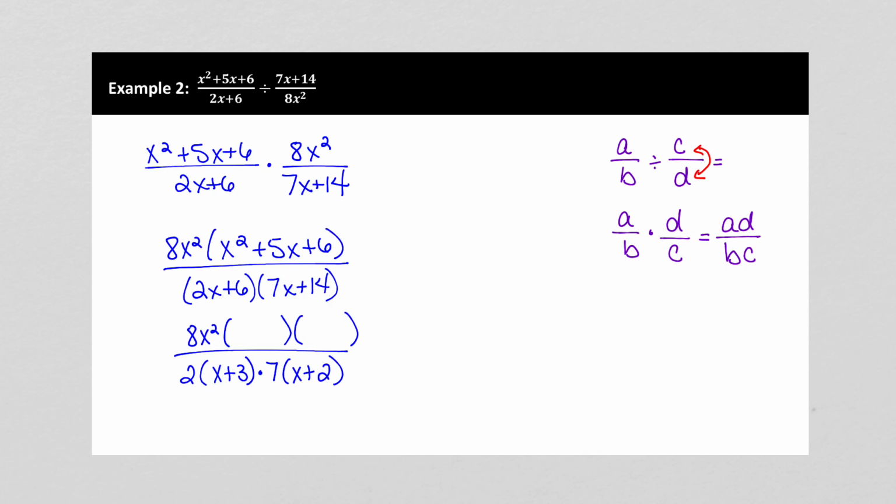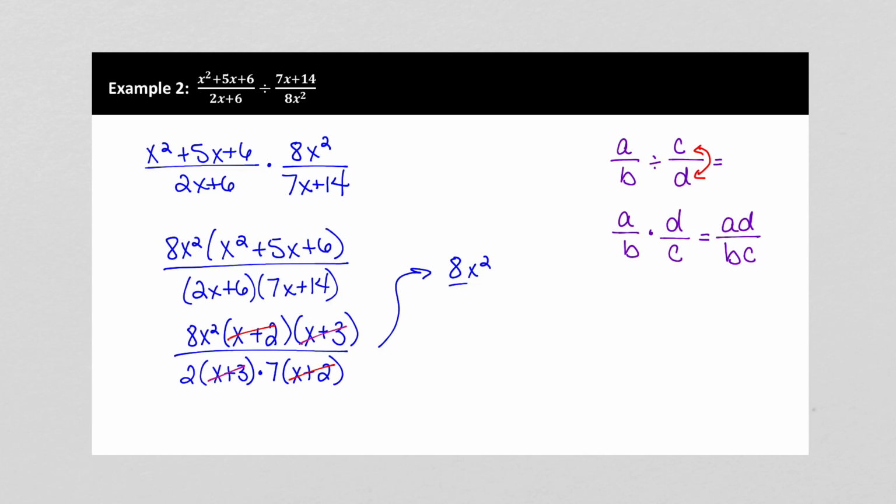x squared plus 5x plus 6. Remember, what multiplies to give you 6 that adds to give you 5? That would be positive 2 and positive 3. And notice, our x plus 2 goes away, and our x plus 3 goes away. So we end up with